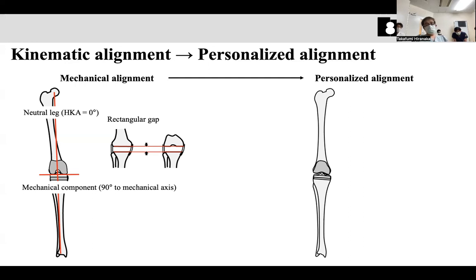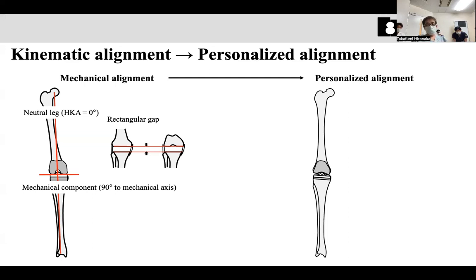Kinematic alignment is known in contrast to mechanical alignment, which is the one-size-fits-all approach, while kinematic alignment aims at the patient-specific situation, such as joint ligament balance, total alignment,